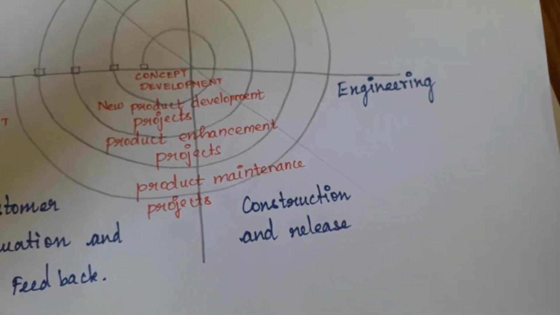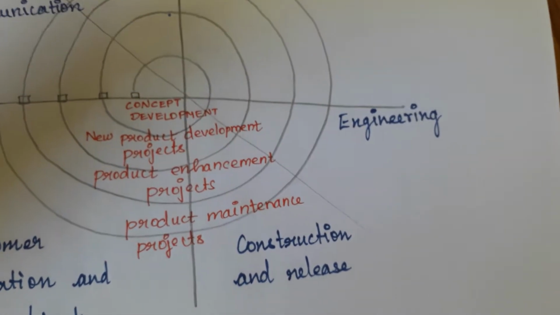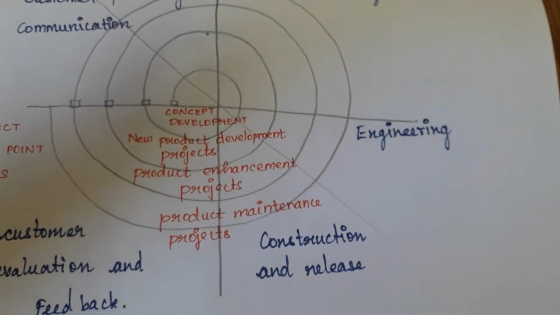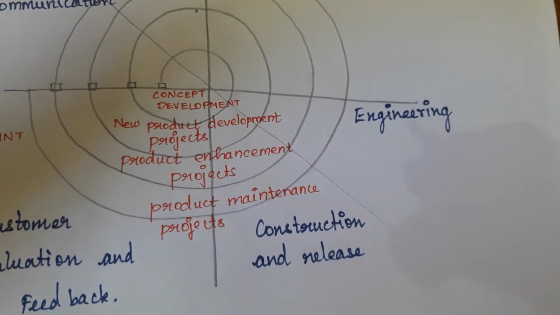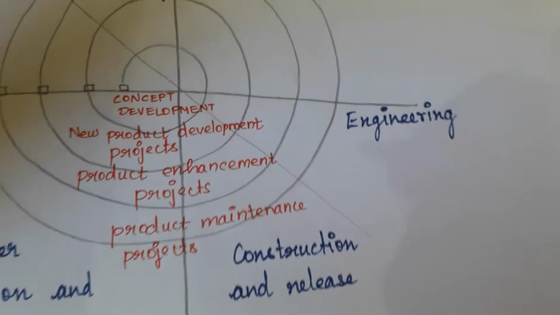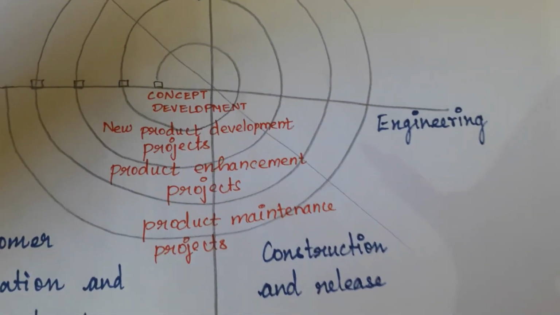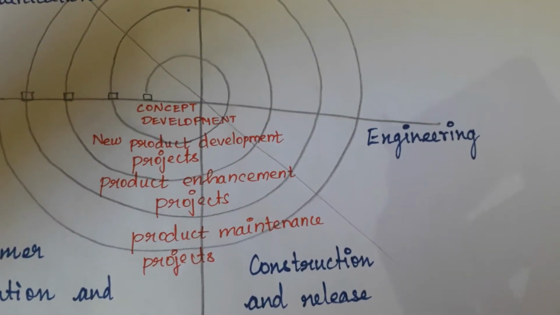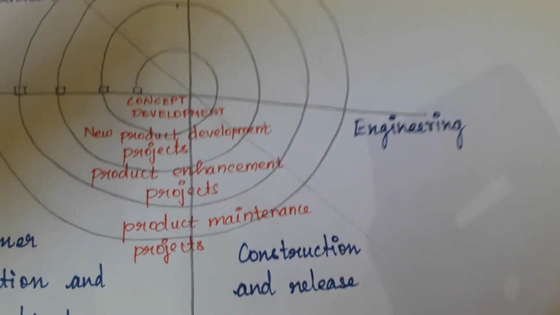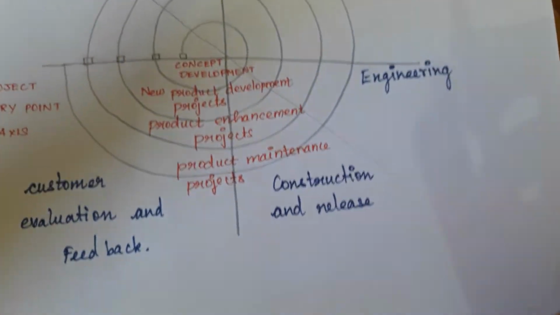Spiral model is nothing but it possesses the iterative nature of the prototyping model and the controlled and systematic approaches of the linear sequencing model. This model is an incremental version of software. In this model, the software is developed into a series of increments. The spiral model is divided into a number of framework activities. These framework activities are denoted by these task regions.